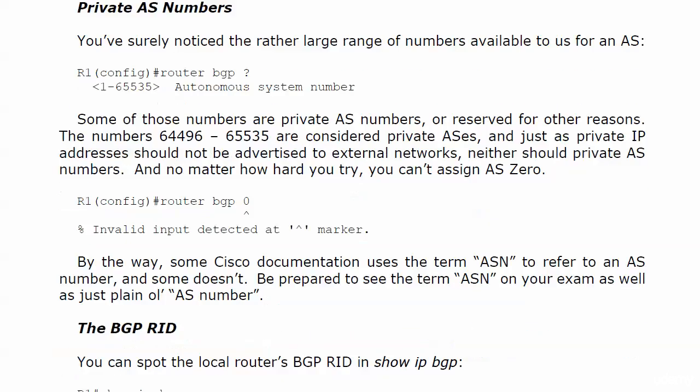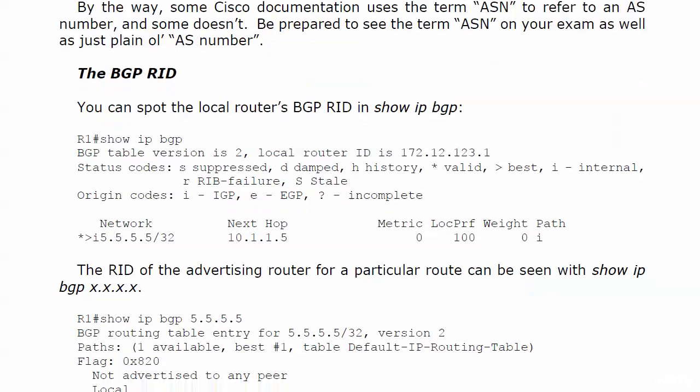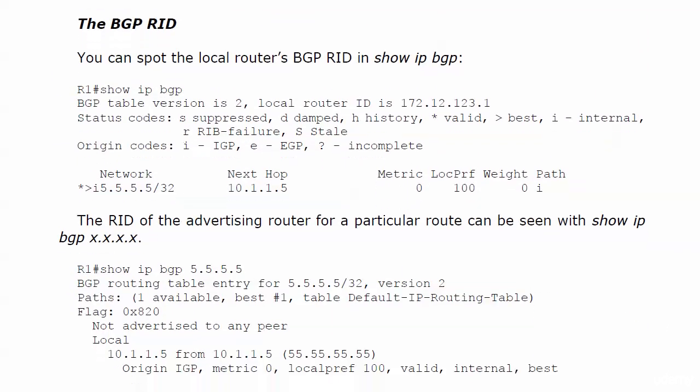Let's talk about the BGP RID. We've seen this in a couple of different places throughout the course, throughout the videos. And you can spot the local router's BGP RID in show ip bgp. And you can see it right there. Local router ID is 172.12.123.3, excuse me, .1 in this case, which brings up the question, well, what happens if I don't have any